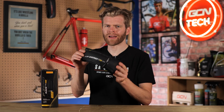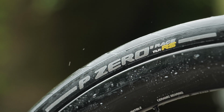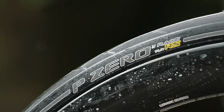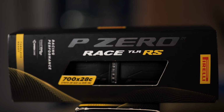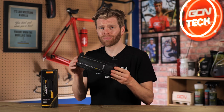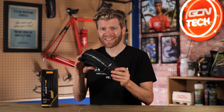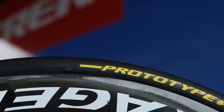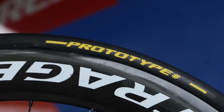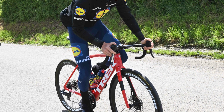This brand new tyre is called the P-Zero TLR RS, and the headline stats are, compared to the previous TLR from Pirelli, that it is 8% lighter, 16% faster in rolling resistance, has more grip, and also it's made in Italy. Eagle-eyed viewers of GCNTech will have noticed that a prototype version has been used by the Lvly men's and